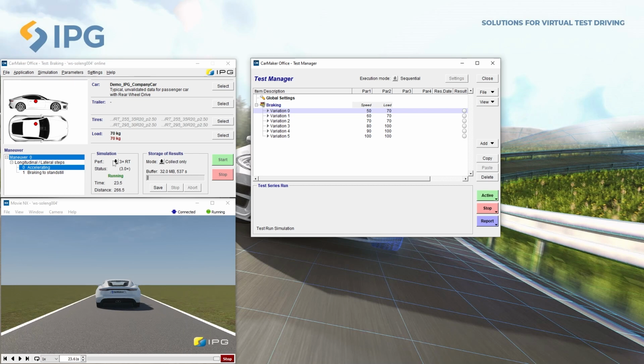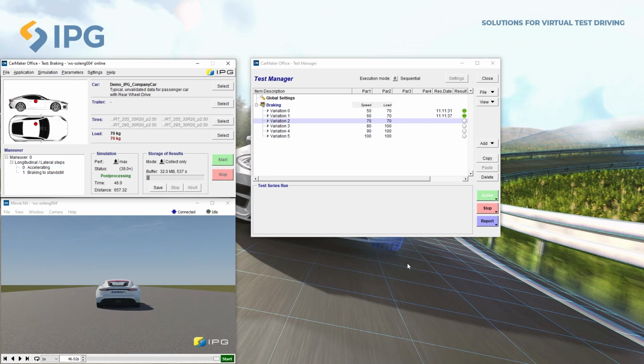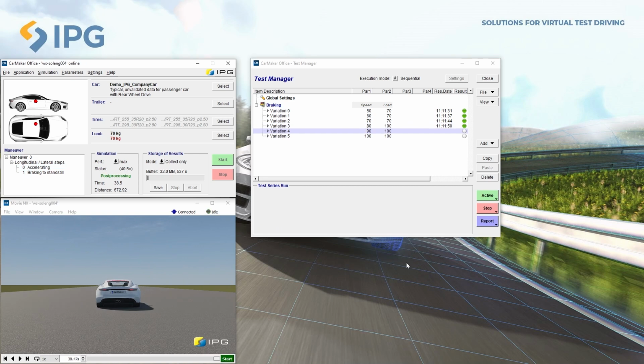Hey, this is a bit slow. I will increase to maximum. And we can see that the first simulation is executed. Each and every simulation is executed in sequence. Since we haven't defined any particular criteria, the result here means the simulation is completed.